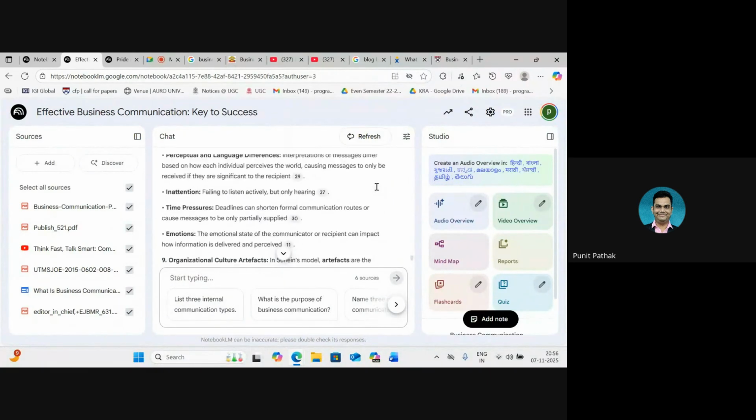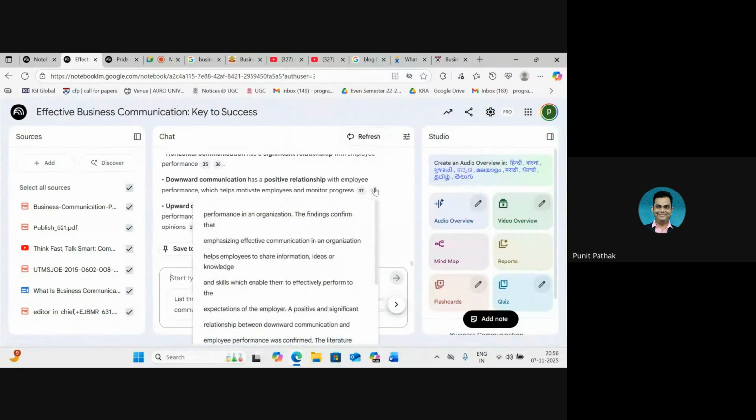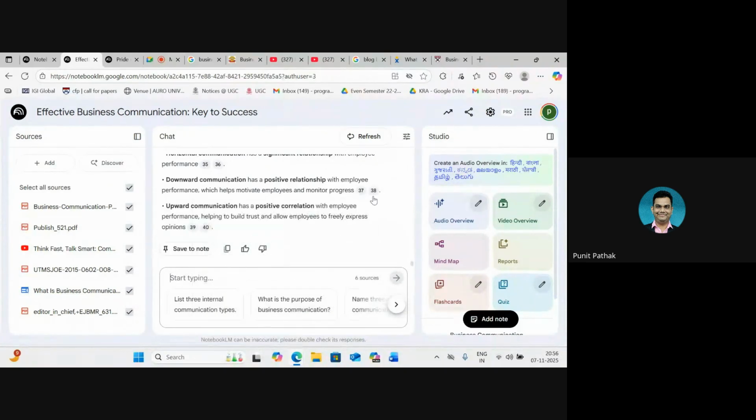Right? So in this manner, it generates an output for us directly. And it can do a lot of things. For example, it can suggest some further areas of research for